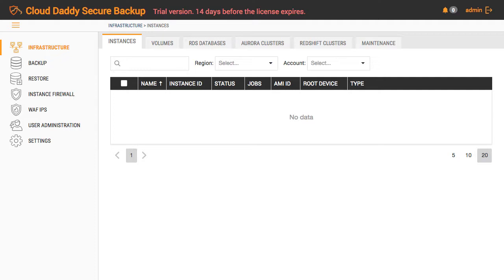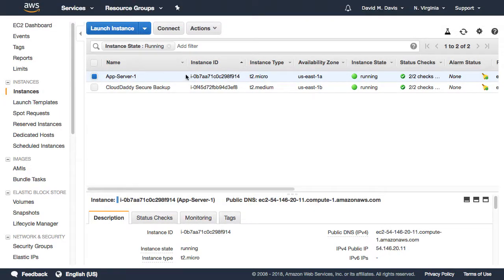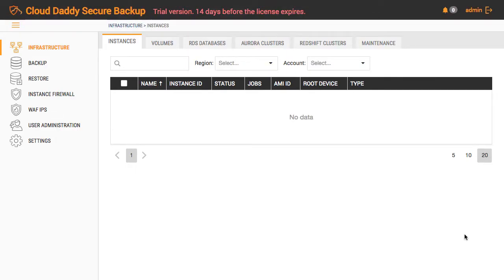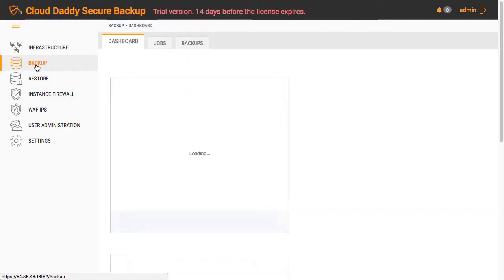Now, for a simple demonstration of what CloudDaddy can do, I've actually created a new instance here in AWS called App Server 1. This is just a simple default Amazon Linux AMI that I've installed, and you can see that it's running. If we go back to CloudDaddy, what I'd like to do here is to create a new backup